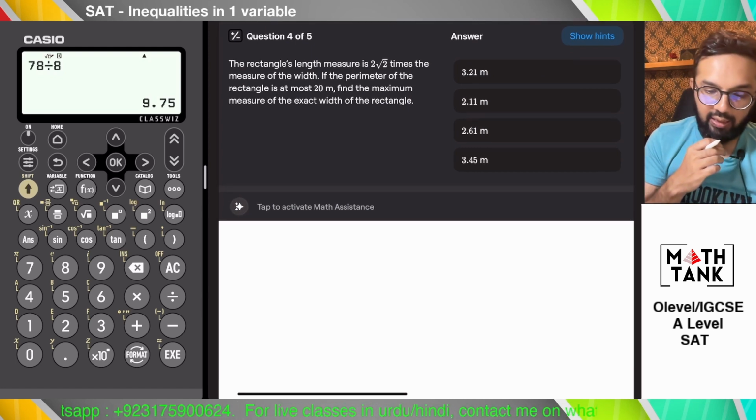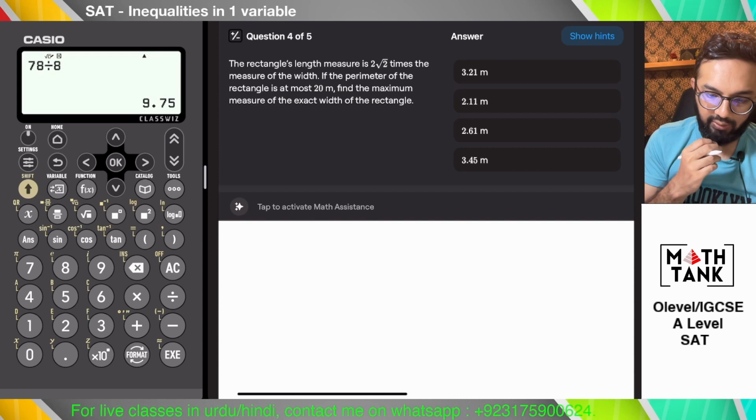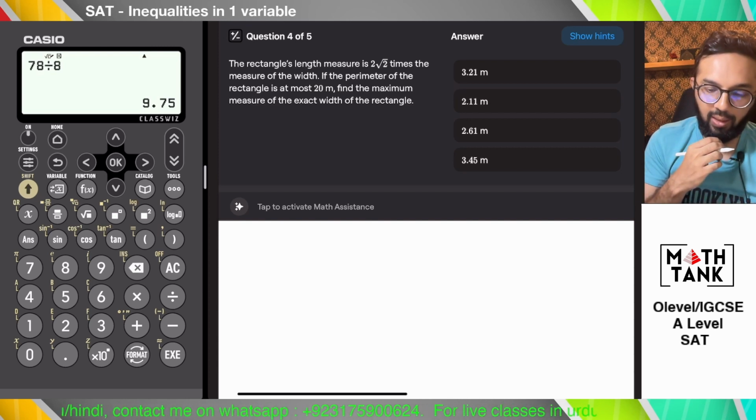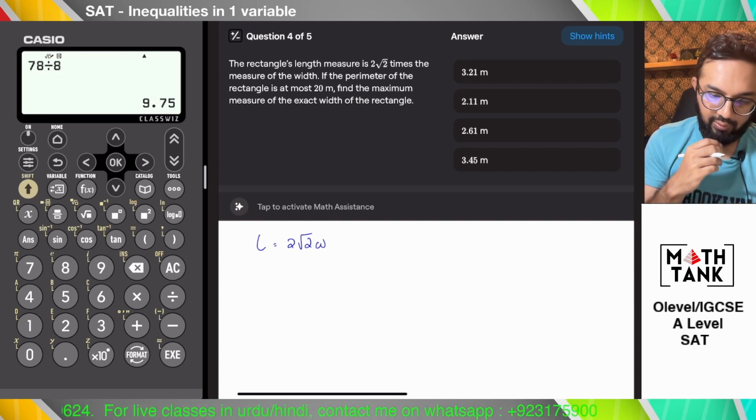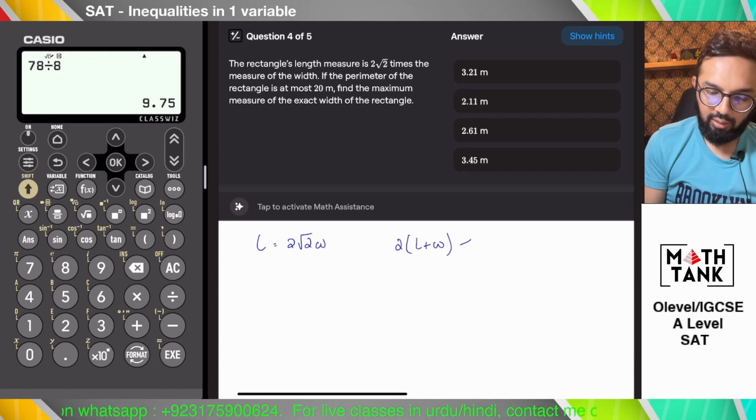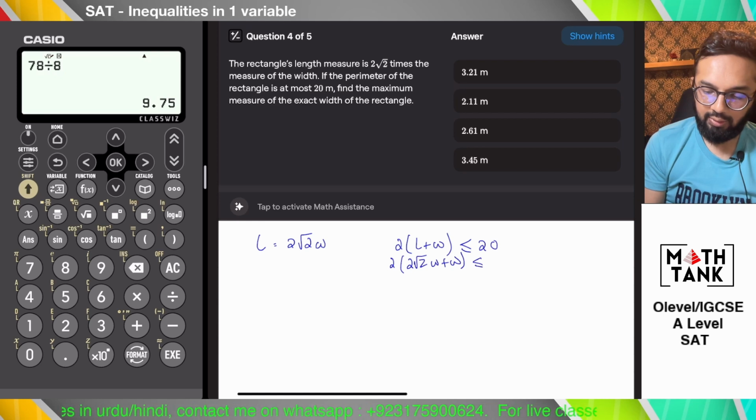Question number 4 says the rectangle's length is 2 root 2 times the width. If the perimeter of the rectangle is at most 20 meters, find the maximum exact width of the rectangle. The length is 2 root 2 times the width. The perimeter is 2 times L plus W, which is at most 20. So L can be written as 2 root 2 W, plus W,